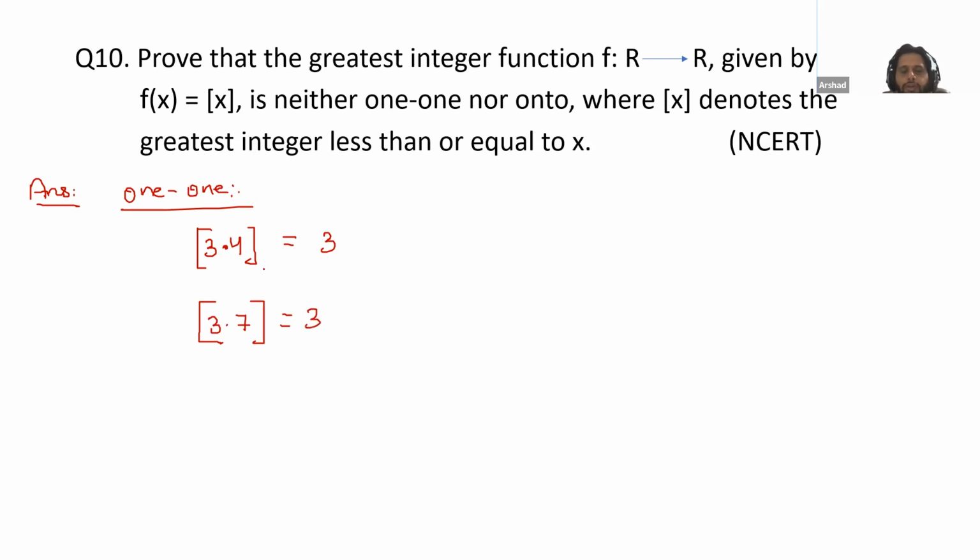So you can see here 3.4 and 3.7 have the same image 3. Even you can write like this, f(3.4) is equal to this one, f(3.7) is equal to this one. So 3.4 and 3.7 have the same image,